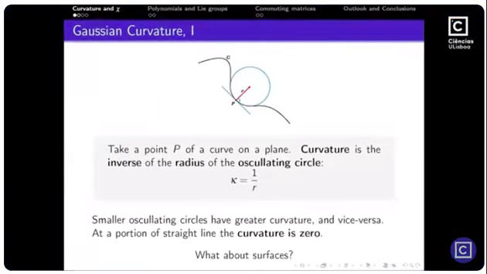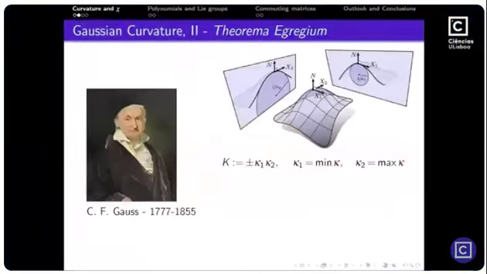Okay, what about surfaces? So this was the idea of Gauss. Gauss thought of the curvature in the surface, and his idea was to take a surface in 3-space, look at all possible slices of that surface that are perpendicular to the surface at a point, and look at the biggest circle of those curves, and look at the smallest circle of the curves, take their curvatures, and multiply. And that's the scalar curvature, also called the Gaussian curvature.